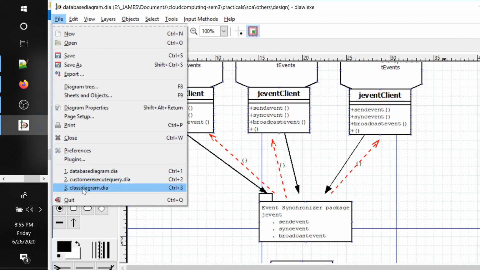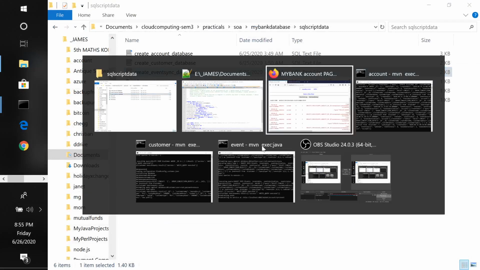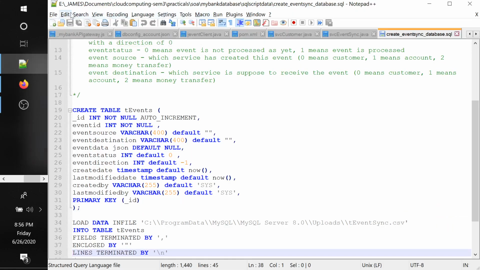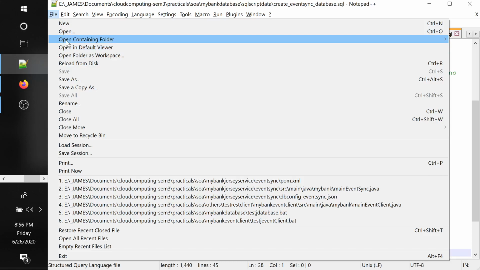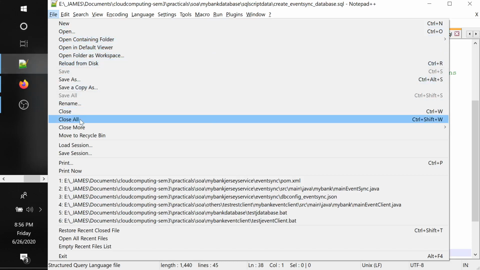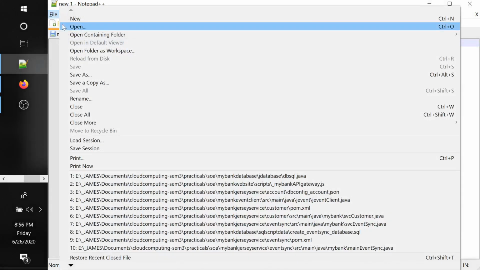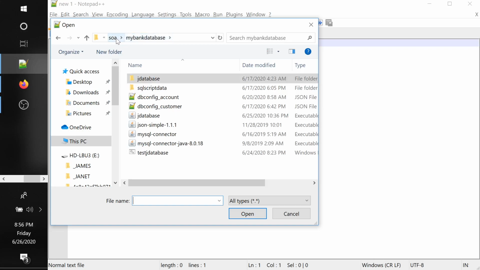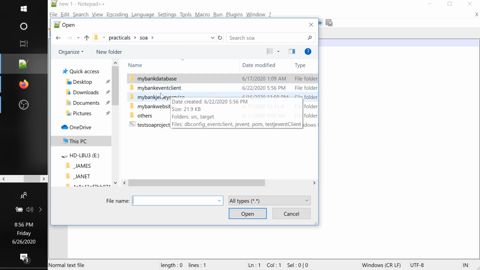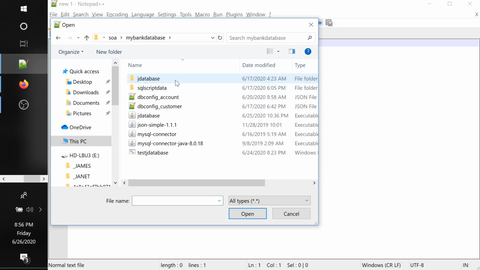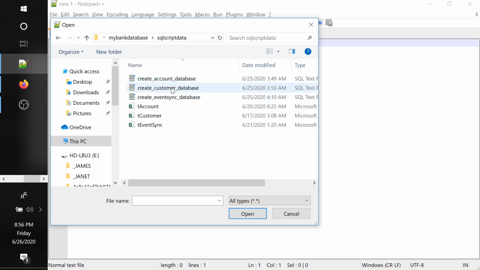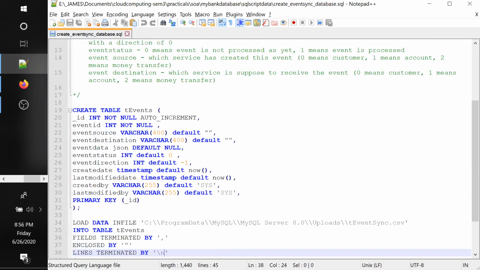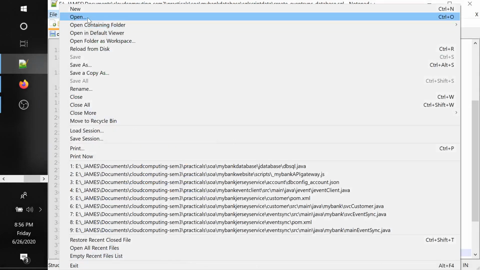And so this is how, so let me show you the queries. I told you that I modified the queries, how I'm creating the tables. My bank database and my, so let me in fact run all the scripts. So these are the three scripts, right? So I said in event sync what all tables are there. There is T events. So this is the table, and in customer there should be two tables.